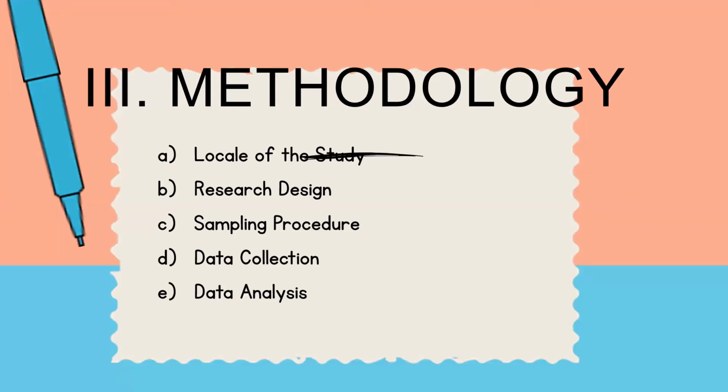And the secondary data are those data that you collected, but you are not the first one who collected it. What are examples of secondary data? Those data that are available in the agricultural department, the list of the farmers, those are secondary data. You are not the one who collected it, but it was the